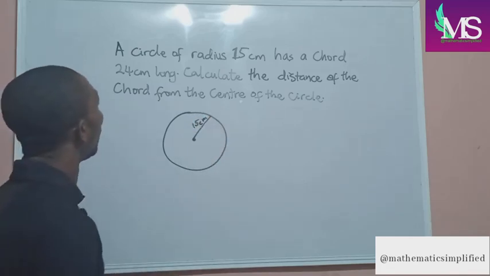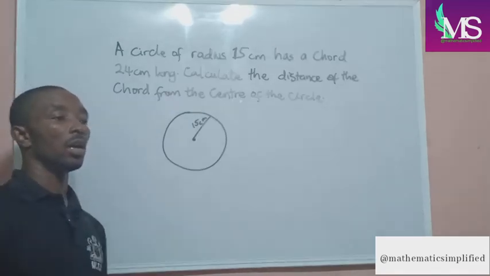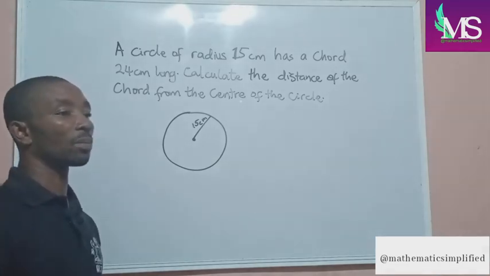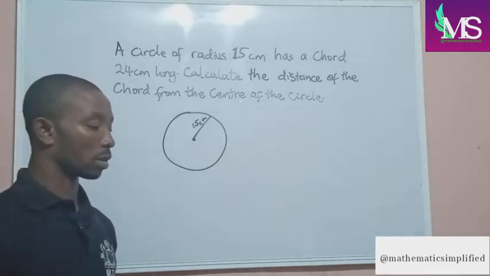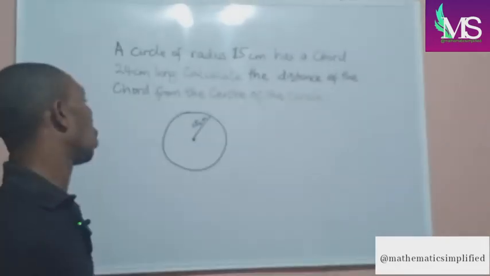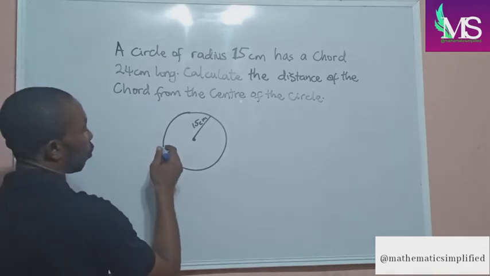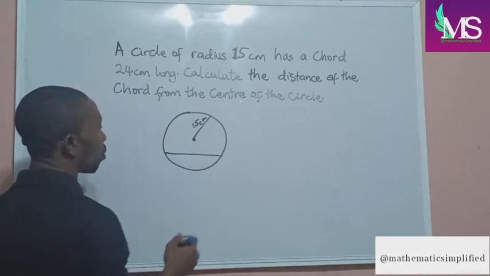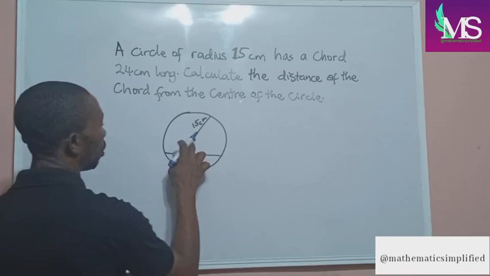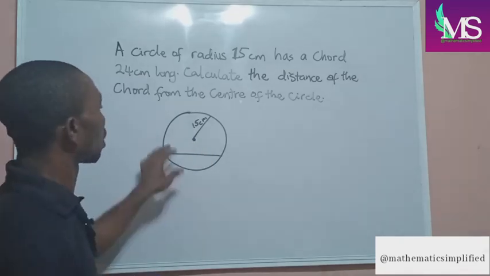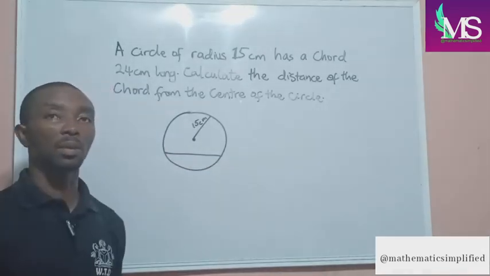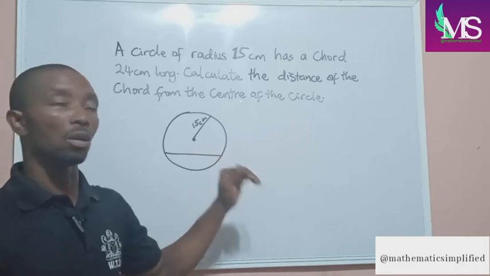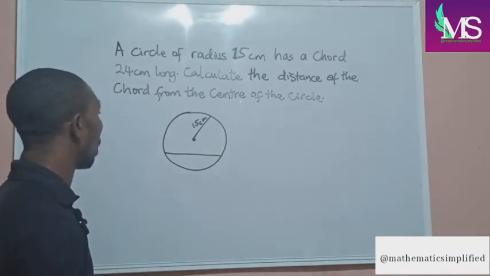Okay, now a chord. What's a chord? A chord is a line that touches the two ends of a circumference without passing through the center. Okay, now a chord is the line that is drawn from one end to another end of your circle without passing through the center. If it passes through the center, then it's referred to as diameter. But if it doesn't pass through the center, then it's referred to as a chord. Alright, now having said that,